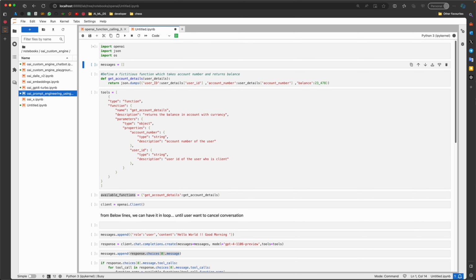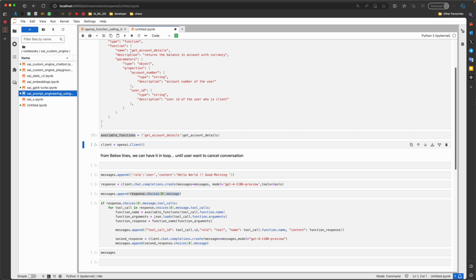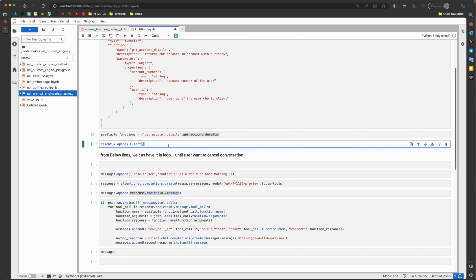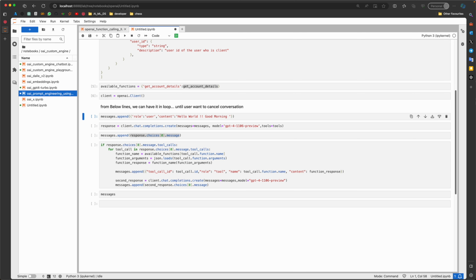Messages, define a function, define a variable tools, just list all the available functions so that whenever I pass it a string, it gives me a function variable back. Then instantiate an OpenAI client, and this is going to be my loop. Just a normal hello world. I invoke chat completion. I append the response of the chat completion to my messages array.